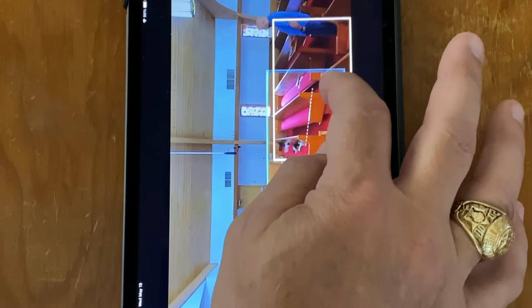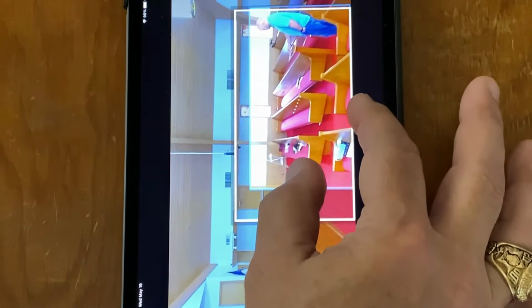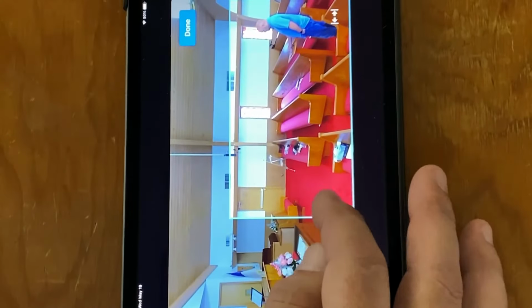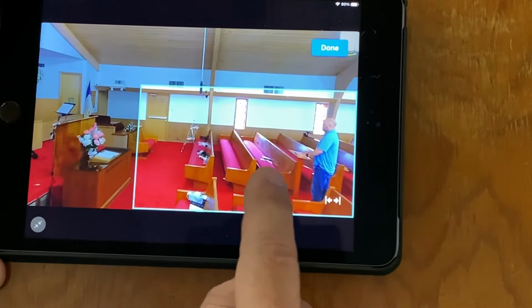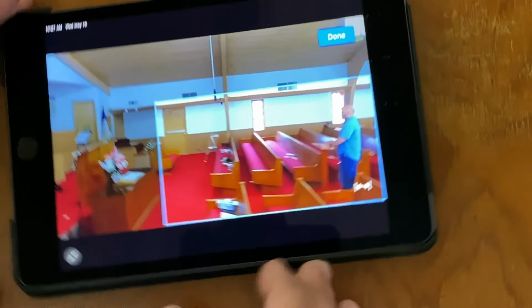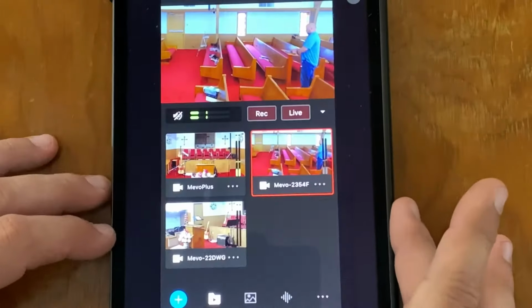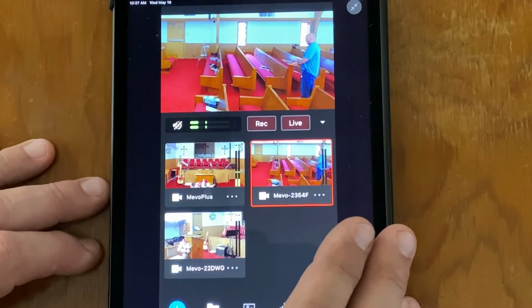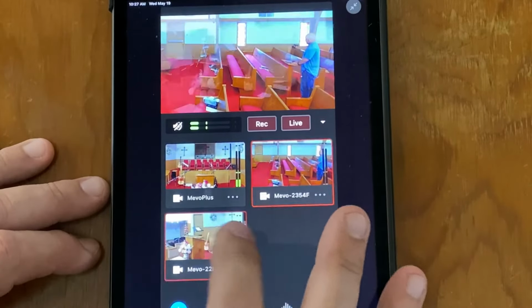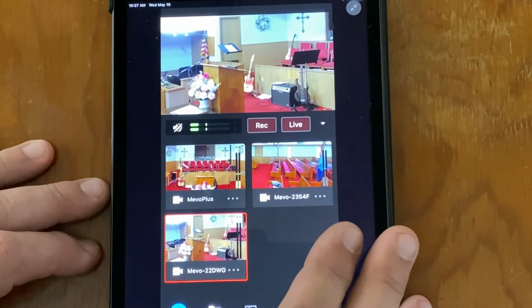My main purpose for this shot, not necessarily to have the pulpit in focus, but to actually catch the announcements as they happen pre-service. And the gentleman who does our announcements almost always walks this area. He's going to walk from between the front pews to the third or fourth row, and so this shot's going to give me a good clear view of that, so I can zoom to that and have that view in my left hand side. And then switching back over to the right hand side, I get a good cross stage